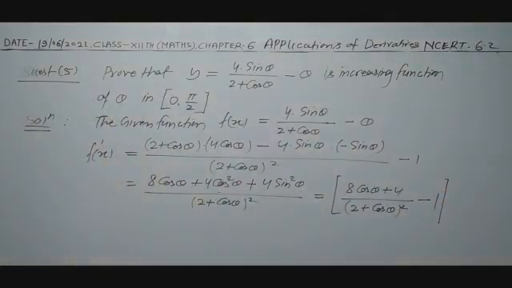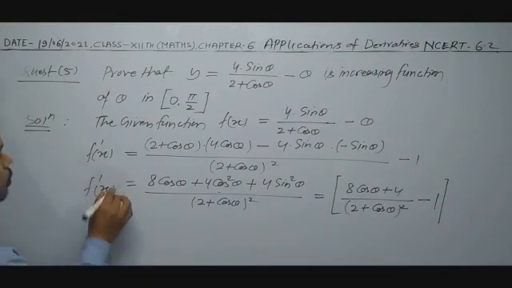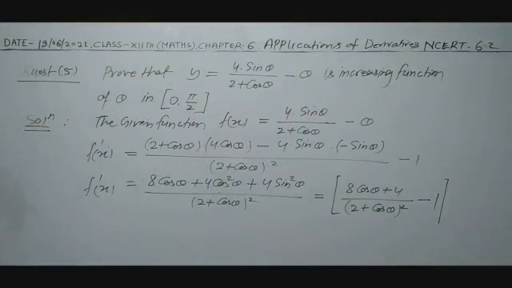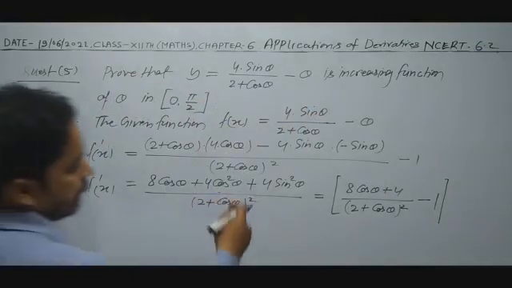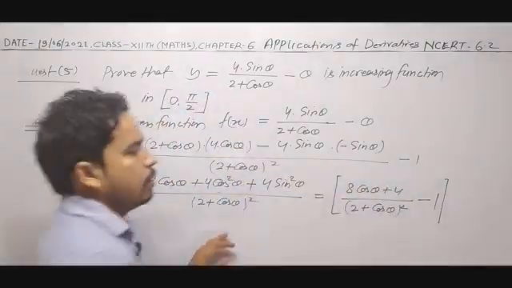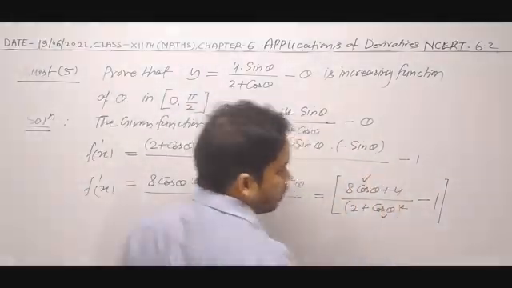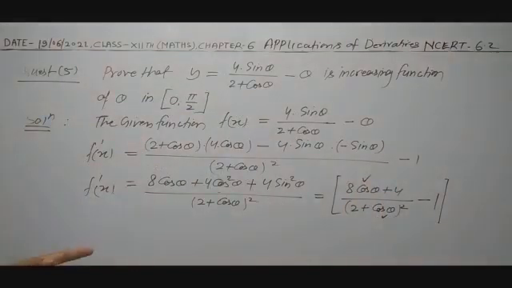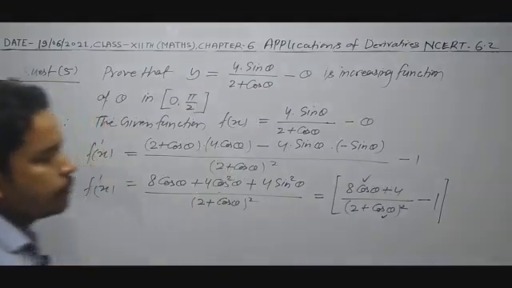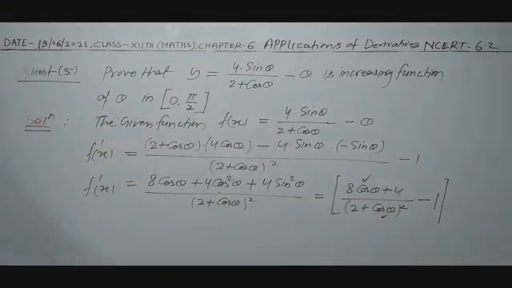Now prove that y equal to this is increasing in 0 to pi by 2. Now you will see in this whole expression, this is cos theta, and in 0 to pi by 2 this result will be positive. It means the whole result is positive. So how can you say its result is greater than 0?